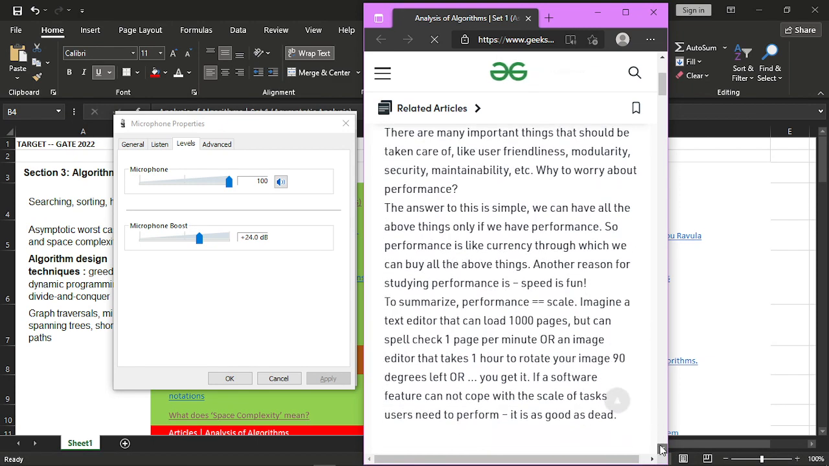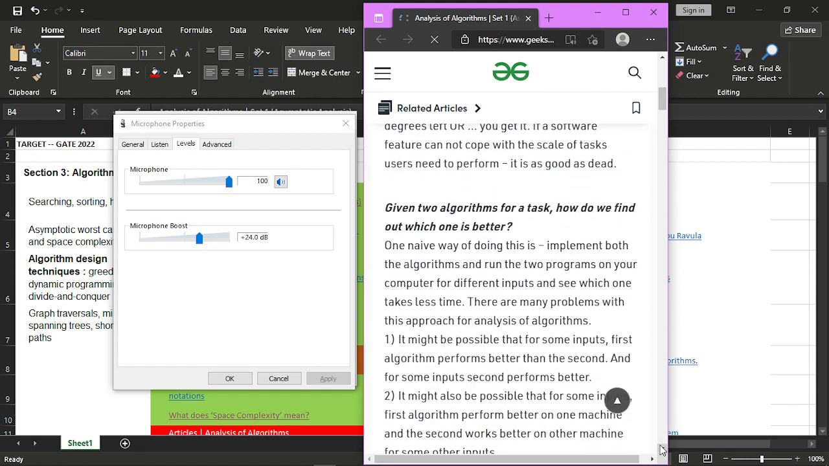So that's why it's required, and for analyzing any two algorithms we can just run those two algorithms on a computer and see which one takes a lesser amount of time. But